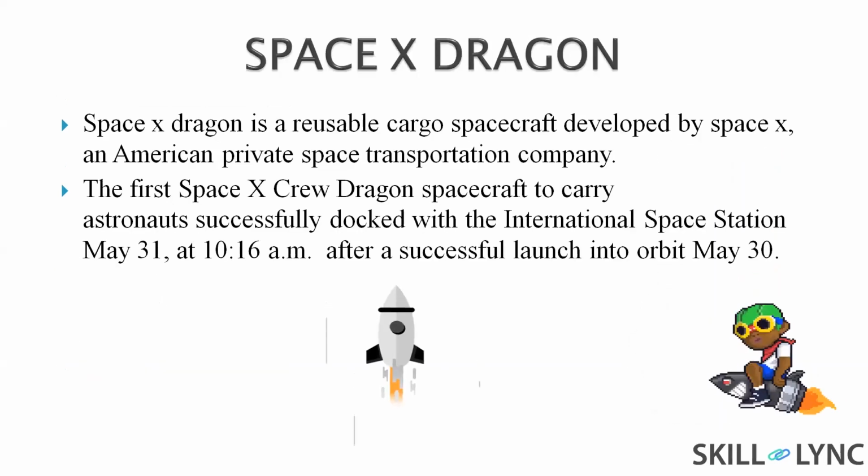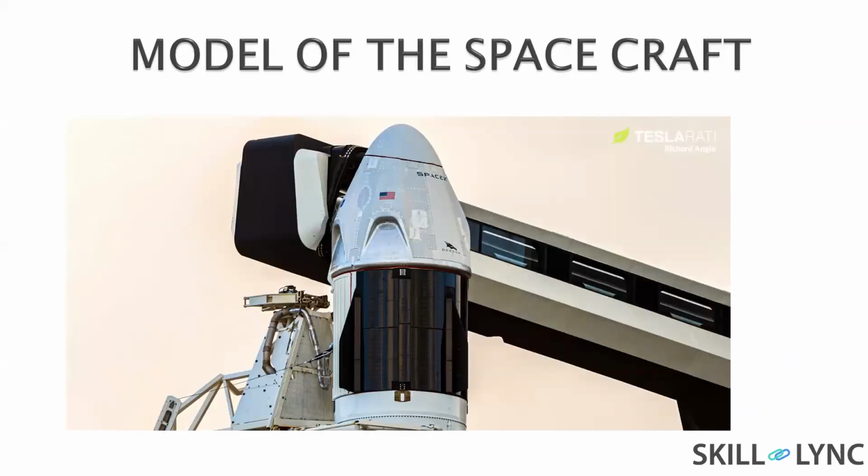SpaceX Dragon. SpaceX Dragon is a reusable space capsule which is used for carrying humans to space and returning to Earth. The capsule was designed and owned by SpaceX. This is the first reusable capsule launched by a reusable rocket. It was successfully launched on May 13, and successfully docked with the ISS on May 31st at 10:16 a.m. This picture shows the overall structure of the design of SpaceX Dragon. The topmost white part shows the design of the capsule. The bottom part shows the design of the trunk.